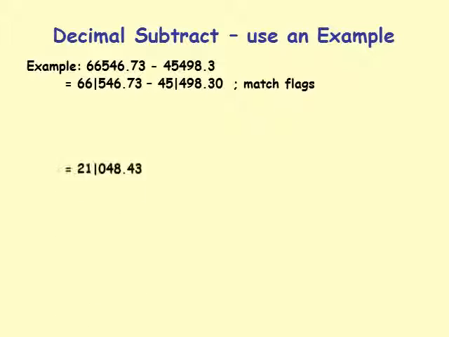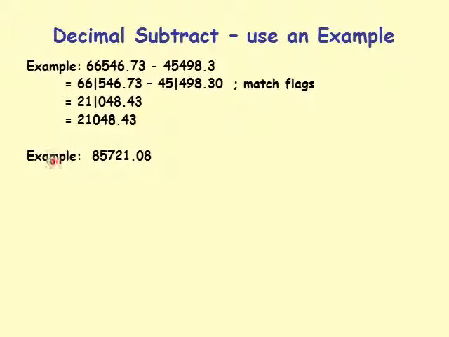Now we can subtract. So 66 minus 45 is 21. 546 minus 498 is 048. And 73 minus 30 is 43. Let's continue here. It's 21048.43. Let's continue. Example: